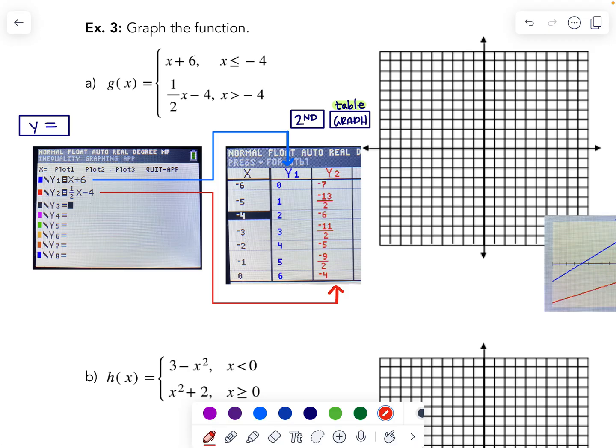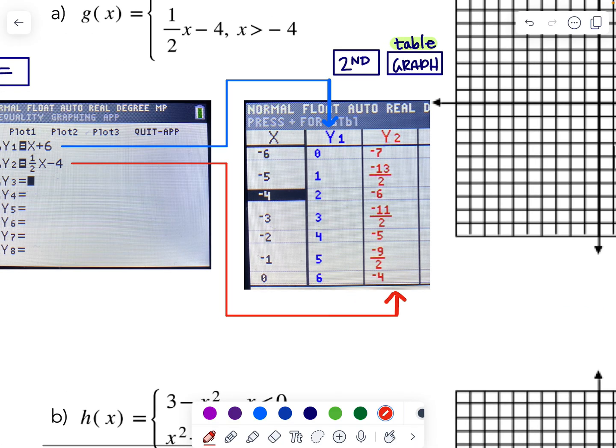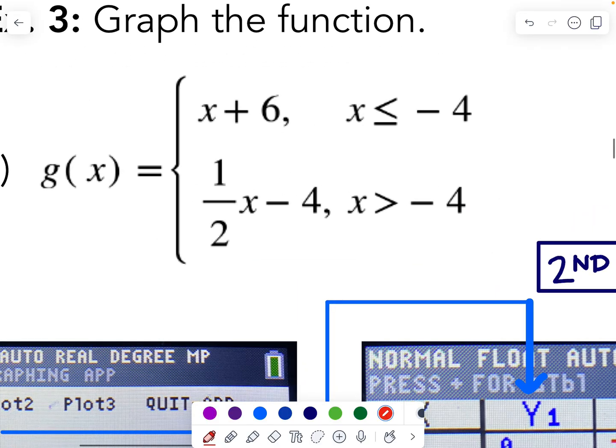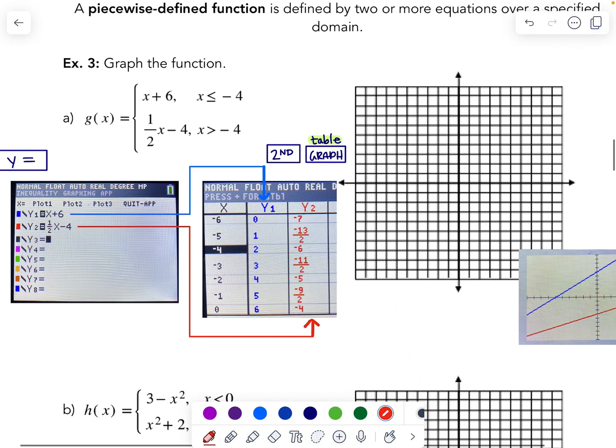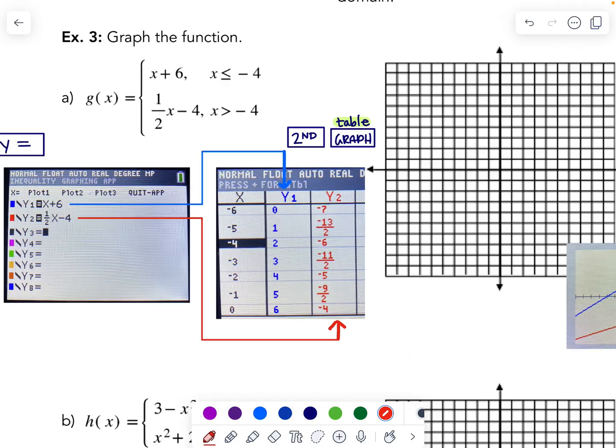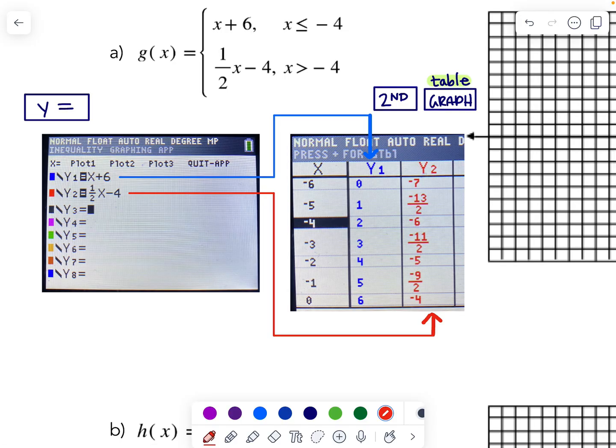Now, when it comes to showing your work on the test, what I would suggest doing, and I could do this here in a second, is making a little XY table to the side of your equations here so that your professor knows which points you decided to plot so that you have some work to be shown to go with your graph. All right, so if you wanted to, real quick, once you have these put in,